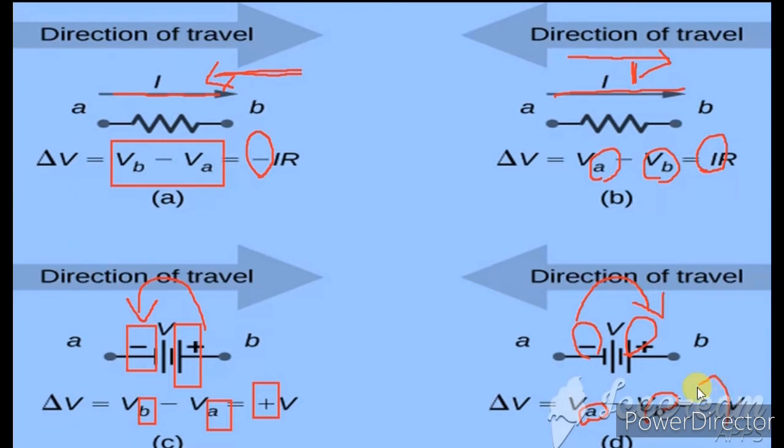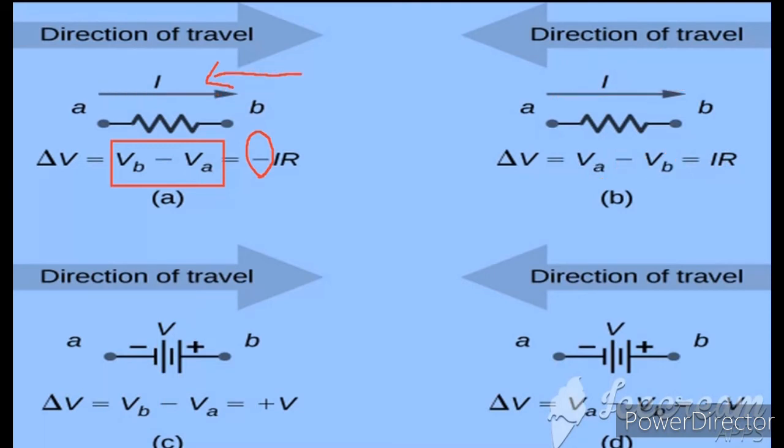Okay, so the two main rules you have to know in this are: when you travel in the opposite direction, that is taken as minus. When you travel towards the direction, that is taken as plus. Then when you are moving from plus to minus, that is plus. Minus to plus, that is minus. So in Kirchhoff's first rule, what we consider is towards is positive, away is negative. Yes, and these are the rules which you have to follow.